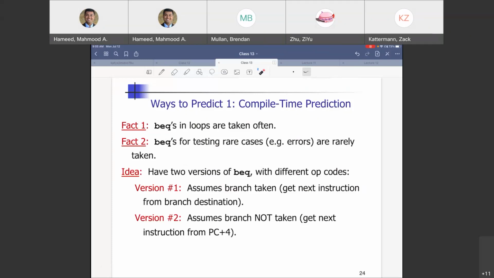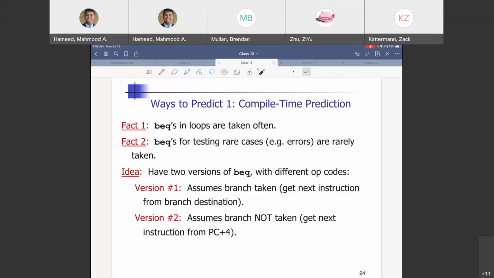One strategy, let me lay out the simple strategy here. I will start off with some assumption, okay? I will start off with an assumption that branches are always taken. If I start off with that assumption, I can keep doing that until it is actually wrong. The moment I'm wrong once, I will change that prediction to the opposite: branch is always not taken. And I will stay there. I will continue doing that until I go wrong. If I go wrong, immediately I will change. Reasonable, unreasonable? There is a slightly better option, which actually gives you 90% accuracy.